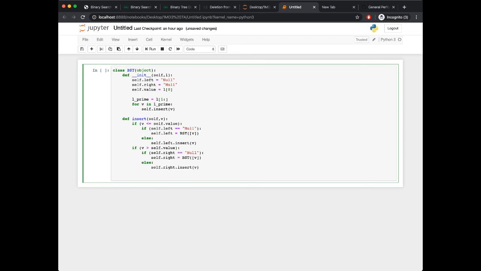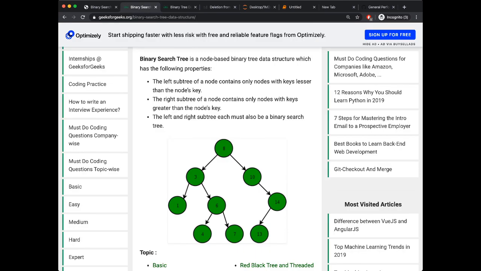In computer science, this is a data structure used for searching, and it's much more efficient than just iteratively searching through a list, because in a list you could potentially have to check for every element in this list, whereas with a binary search tree, you can avoid